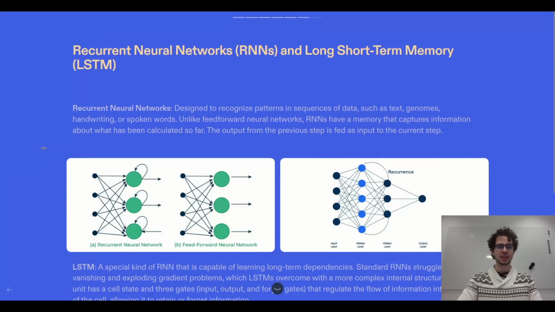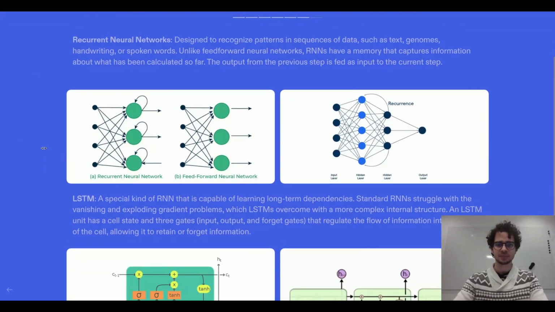Next, let's speak about recurrent neural networks and long short-term memory. Recurrent neural